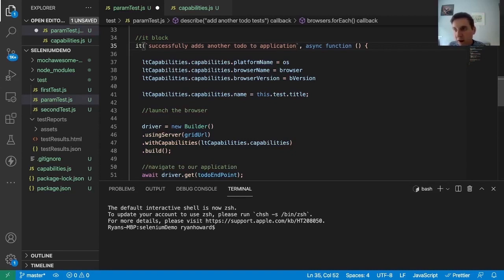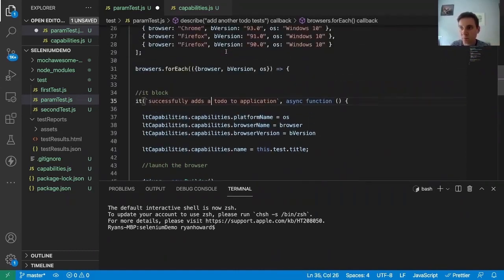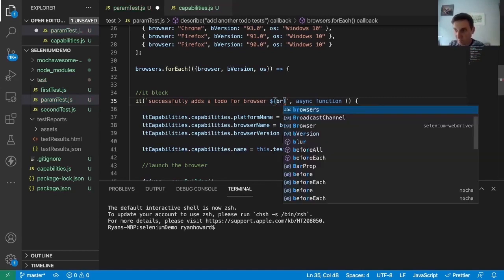So successfully adds a to do, for browser, and we can do dollar sign and curly braces, and then here we can pass in the variable that we're using. So browser,